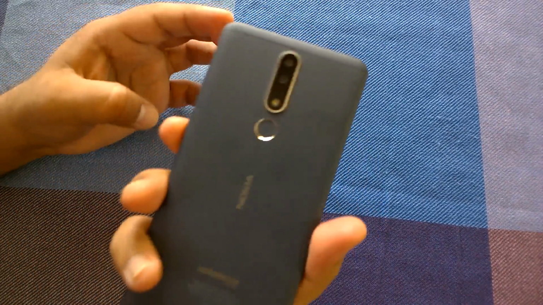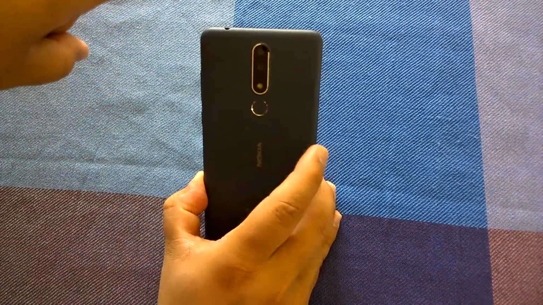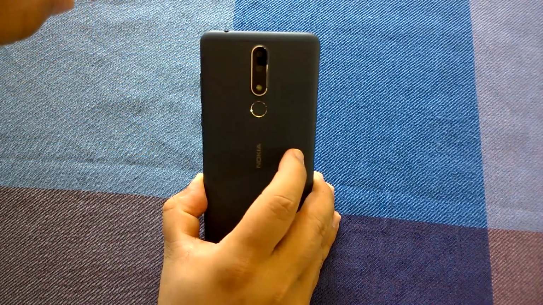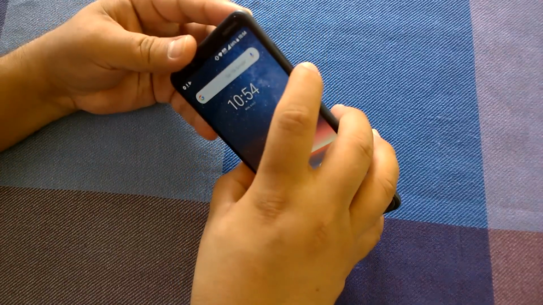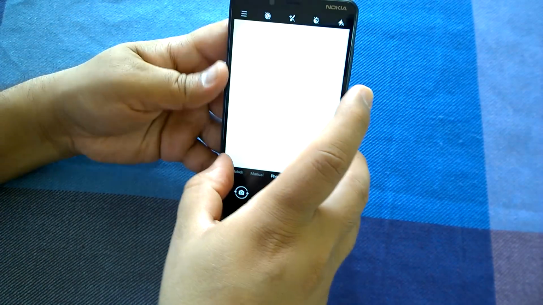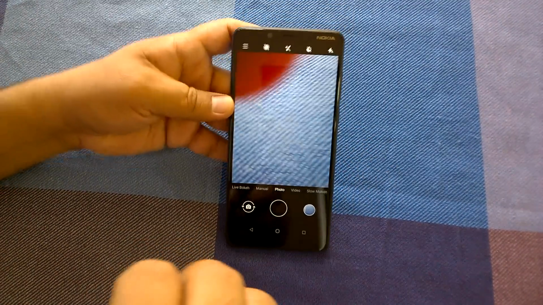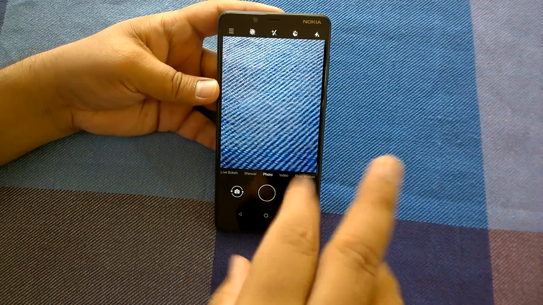So as you know, it comes with a dual rear camera with 13 plus 5 megapixel, and if we talk about the front camera, it's an 8 megapixel camera. So let's launch the rear camera first. Okay. So when you have a look at this Nokia 3.1 Plus camera UI, you will notice the usual camera UI